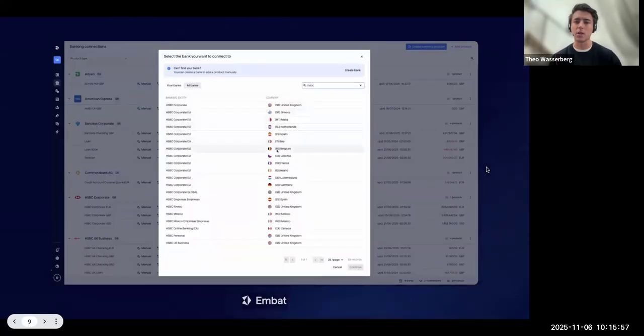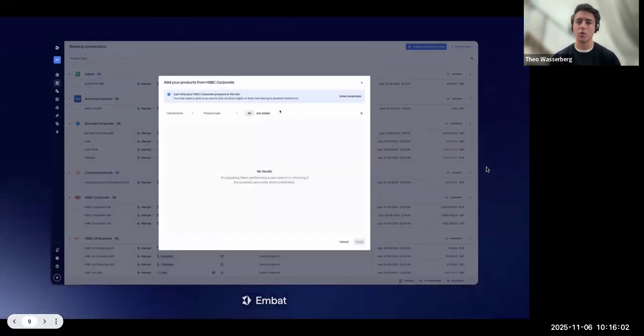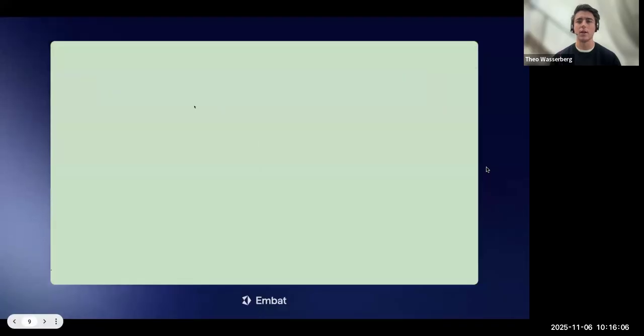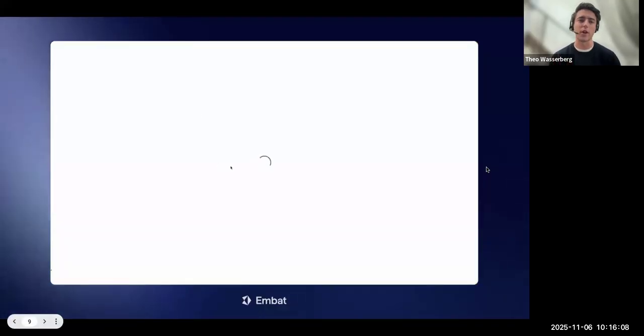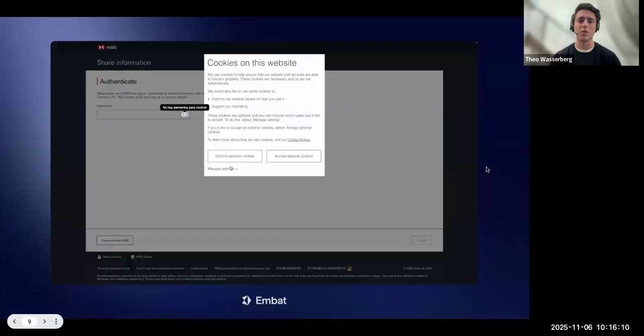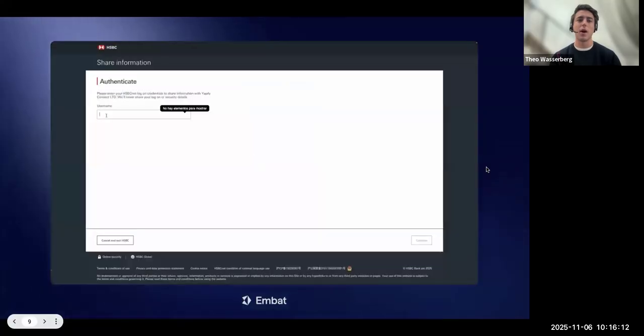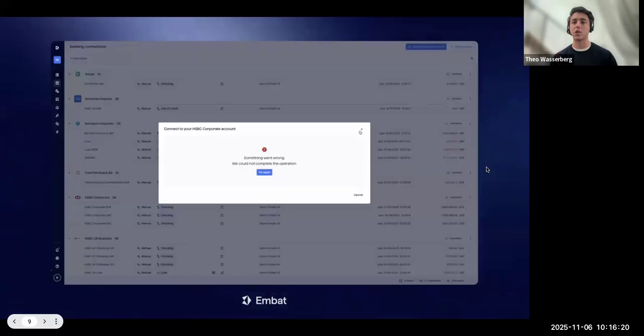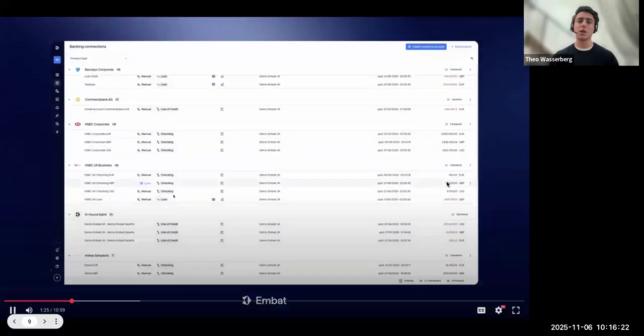I can see all the HSBC accounts globally, but let's take the UK one. And all I'm going to do is enter my credentials and just want to show you how easy this is. Now, I don't have an HSBC login, so you'll see what happens. But if I enter my details as an HSBC user, then it's going to provide a token and it's going to allow me to pull all of that transaction data from HSBC into the system.